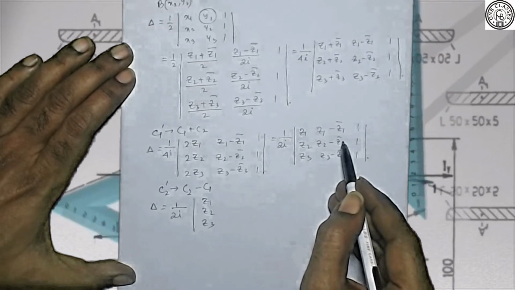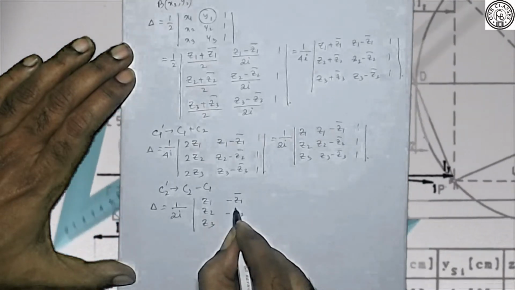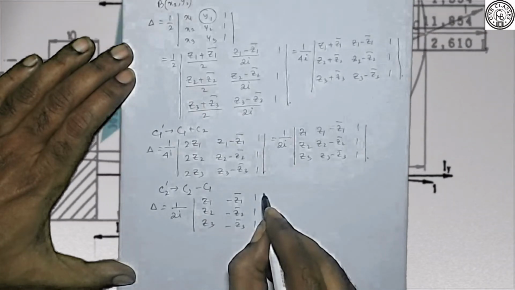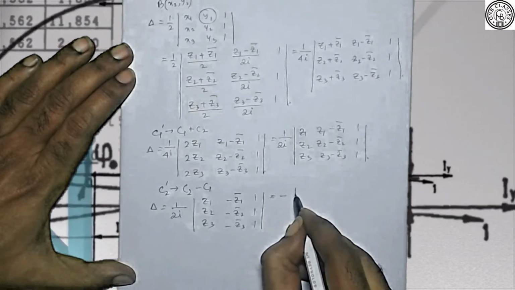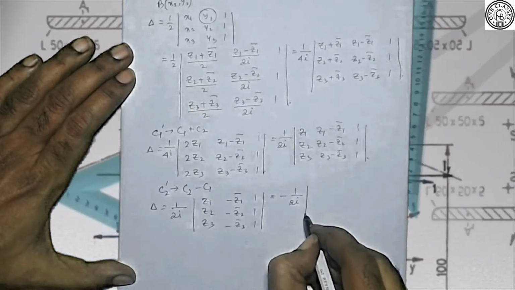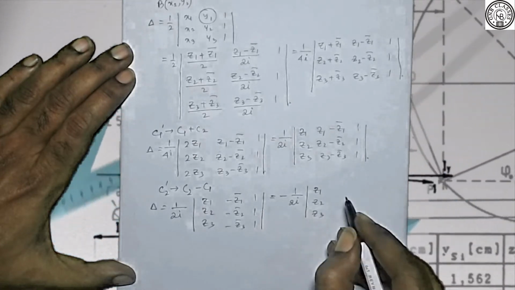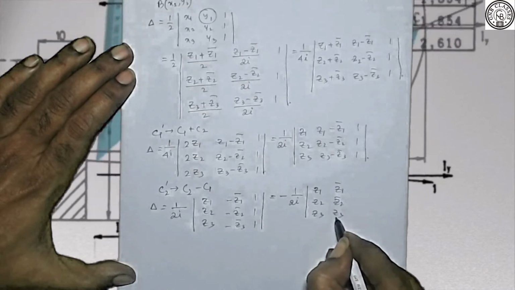So what we are having? Minus Z1 bar, minus Z2 bar, minus Z3 bar. Then again 1, 1, 1. Okay. Let me take a minus outside. So it will be minus 1 by 2 iota, Z1, Z2, Z3, Z1 bar, Z2 bar, Z3 bar, then again